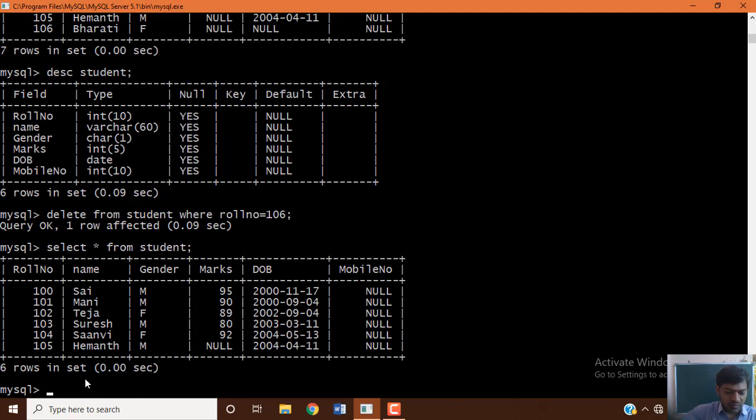In the same manner, if you want to delete one more record, yes, you can. Deleting is the DELETE command. DELETE FROM student, WHERE, now I'll use an example like name equal to Suresh.